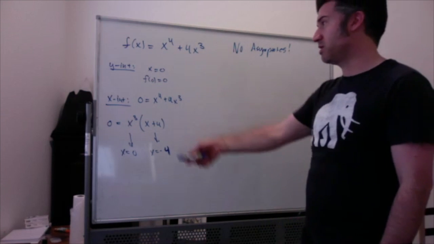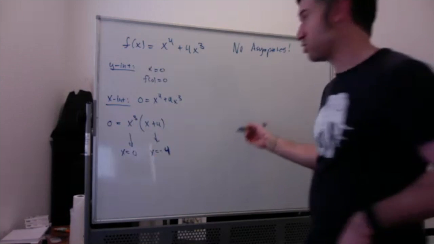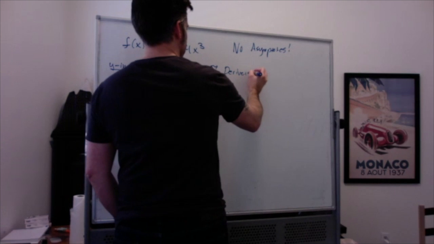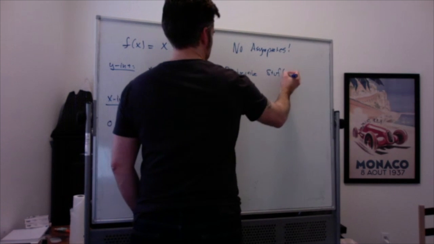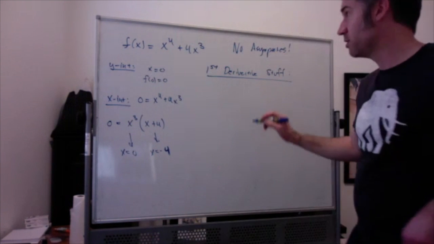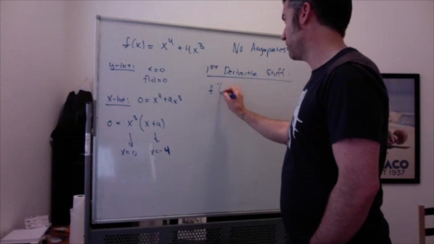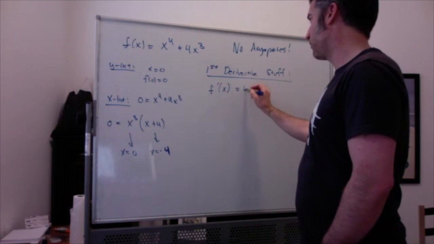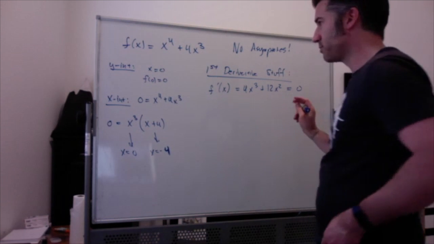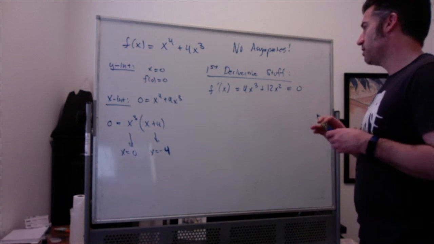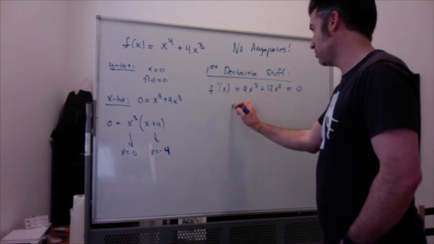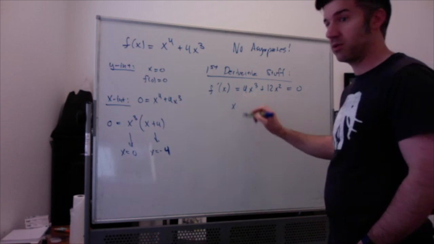So we did the intercepts, no asymptotes. Let's move on to the first derivative stuff. First off, we're going to find the critical values. So we're going to take our derivative, which is 4x cubed plus 12x squared, and set it equal to 0. It's going to be easier to find our critical values if we factor. So I'm going to factor out a 4x cubed